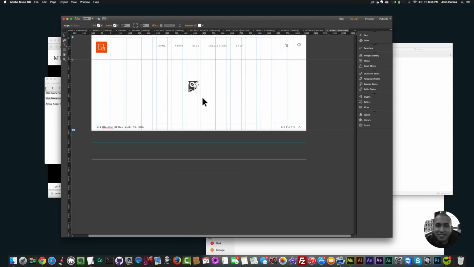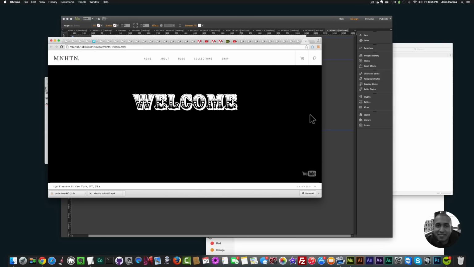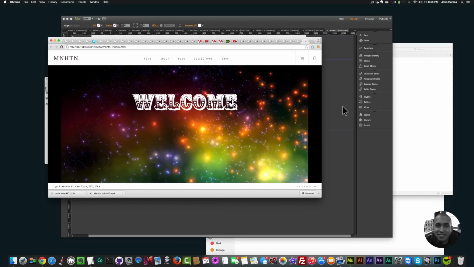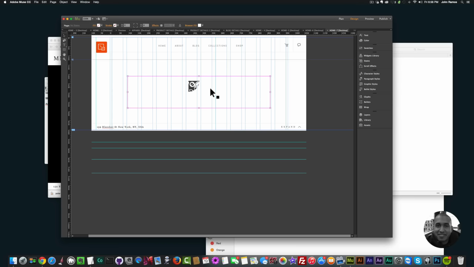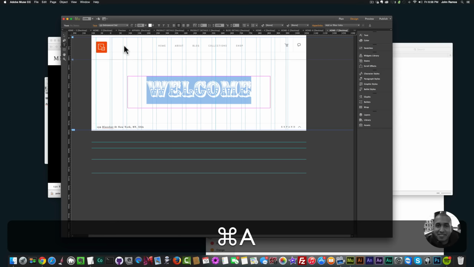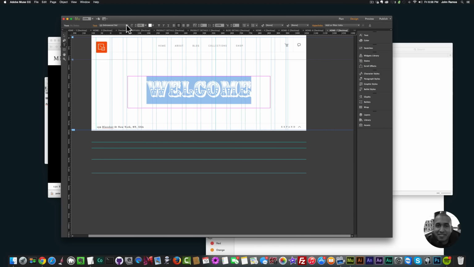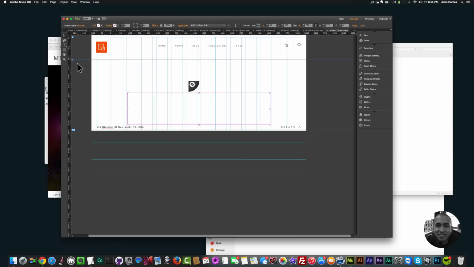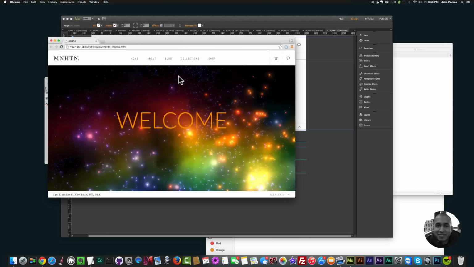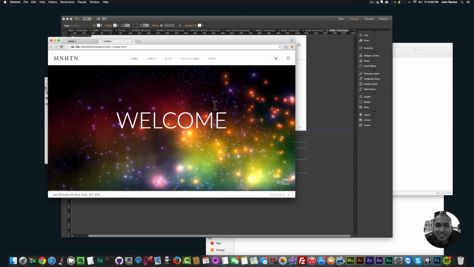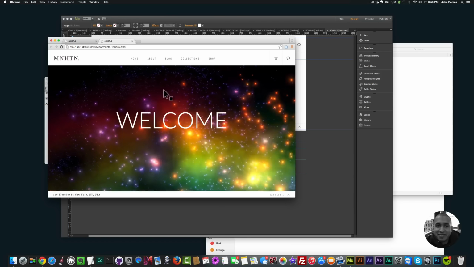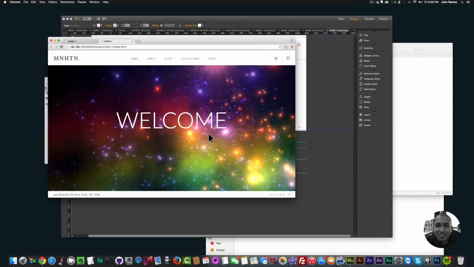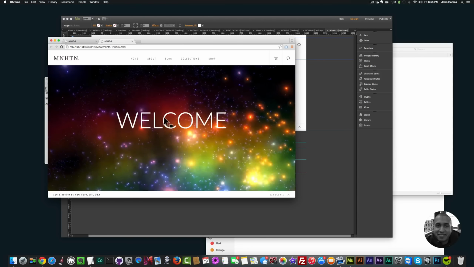All right. So now if I hit Command-Shift-E to preview in the browser, okay, we can see it says welcome, and we have that video background in there. And I'll select a different font. I'll select Lato here. Hit Command-Shift-E. And there it is. All right, so that's another example of adding that YouTube video background to your Adobe Muse